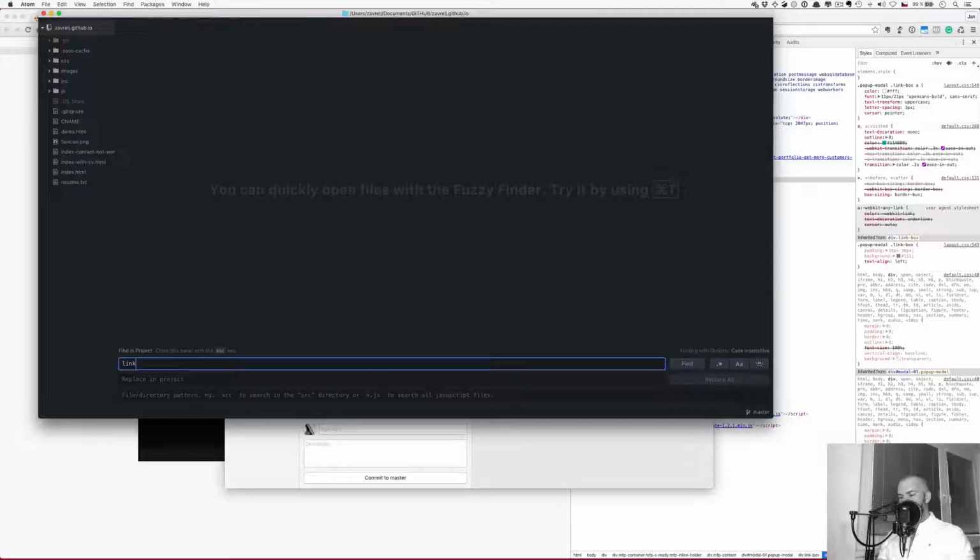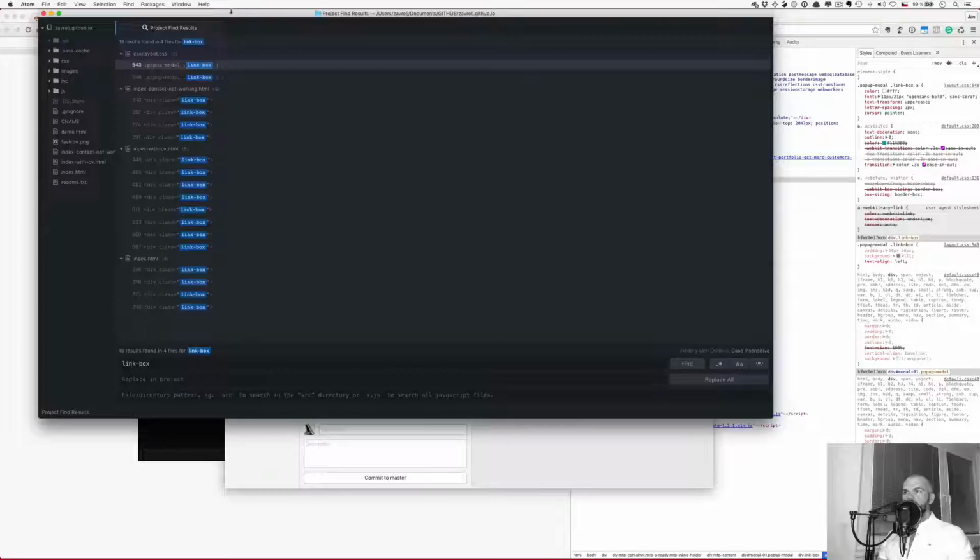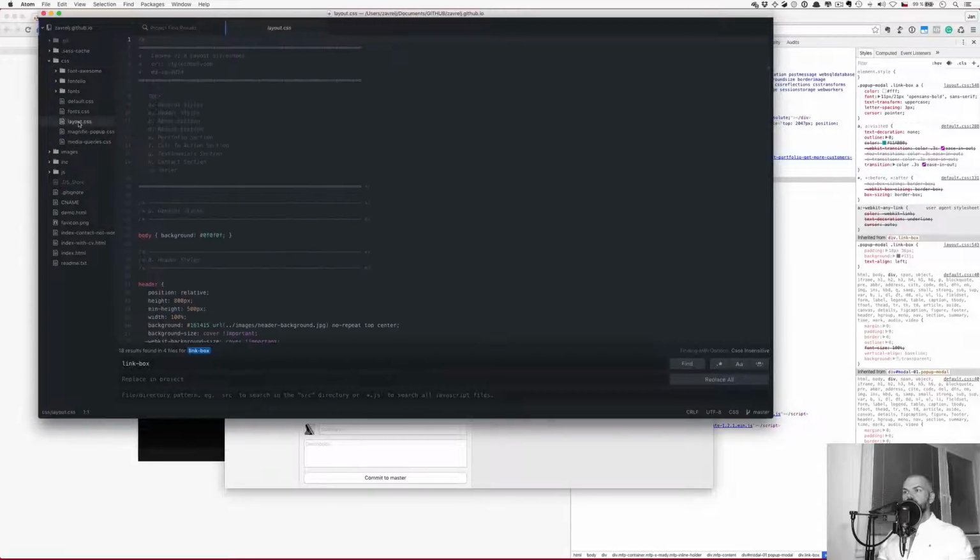So I will just type linkbox here and hit enter, and as you can see, it will go through all the files of my project and return lines with linkbox. What I'm looking for now is probably some CSS file, because I want to change the style of the link. So as you can see, there is a CSS file called layout.css, and I am looking for pop-up modal linkbox a, which is my link. So I will go to the CSS folder and I will select layout,